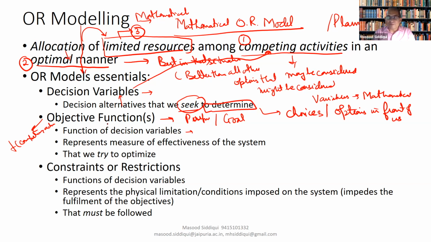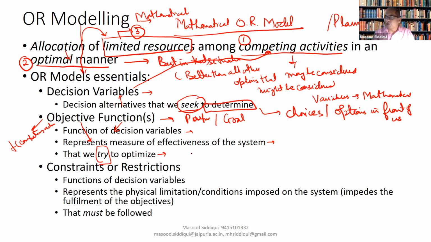And what is the purpose of the objective function? One part is function: they are the functions of the decision variables. The other part is objective, because they should be determined in an optimum manner. Being optimum depends upon the situation under consideration. So they represent the measure of effectiveness of the system, meaning how the effectiveness of the system can be measured. Accordingly, we develop an objective function. Since they are allocated in an optimum manner, they represent the measure of effectiveness of the system that we try to optimize. The important words are try to optimize, meaning we try to make it the best